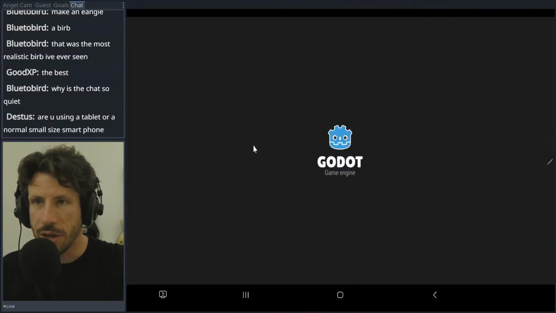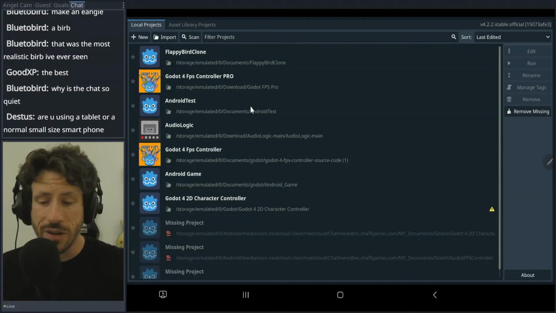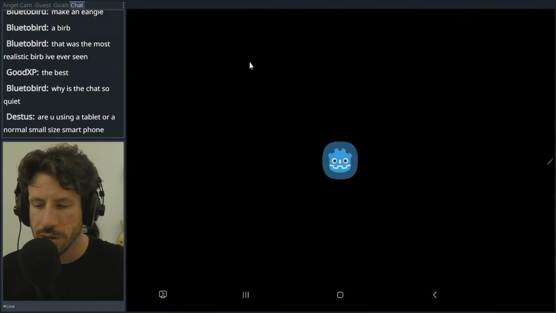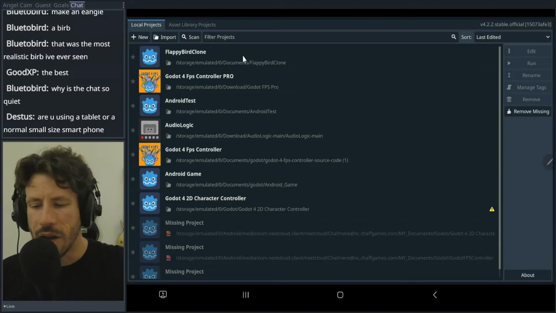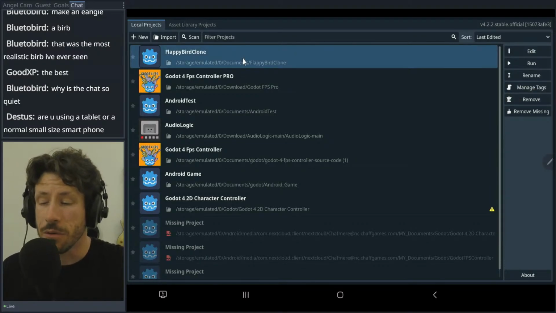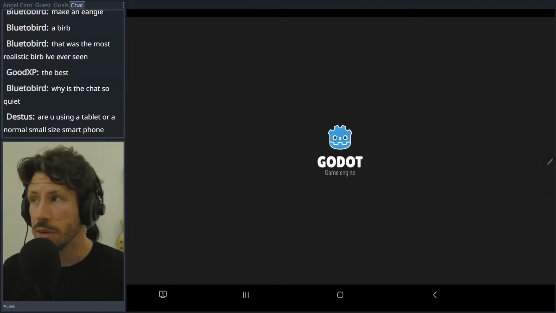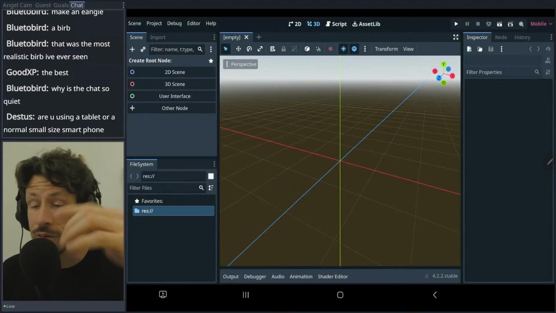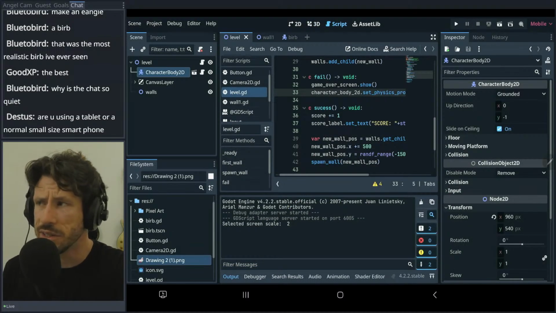Right, so run this. Are you using a tablet or a normal size smartphone? I'm using a tablet. I don't have an Android phone at the moment. I switched to iPhone last year. Every time I try to open it, it crashes. Realistically, if you were doing this on a phone, it would be incredibly difficult. It's hard enough on the tablet. The tablet's pretty small, but a flagship phone, which a lot of people don't have, whatever the size is these days,